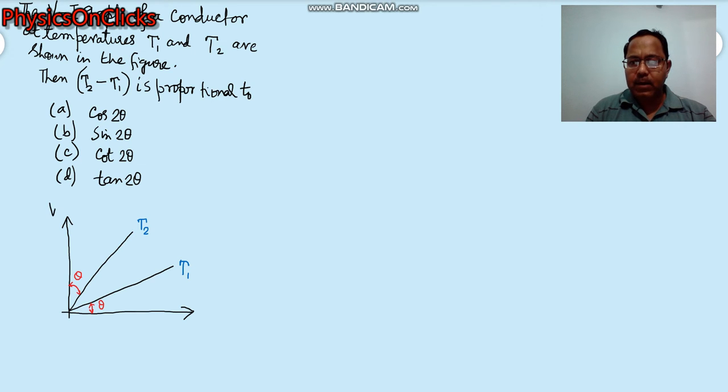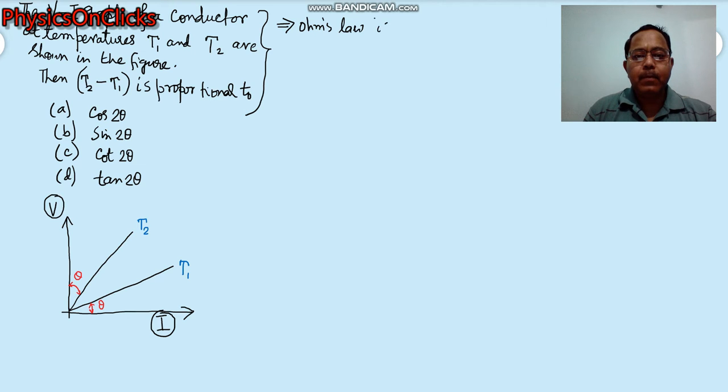Just look at this graph. It is given that this is V, the vertical axis, and this is I. So the V versus I graph at two different temperatures T1 and T2 are given. So what do we conclude from this graph? The graph is a straight line. This implies that Ohm's law